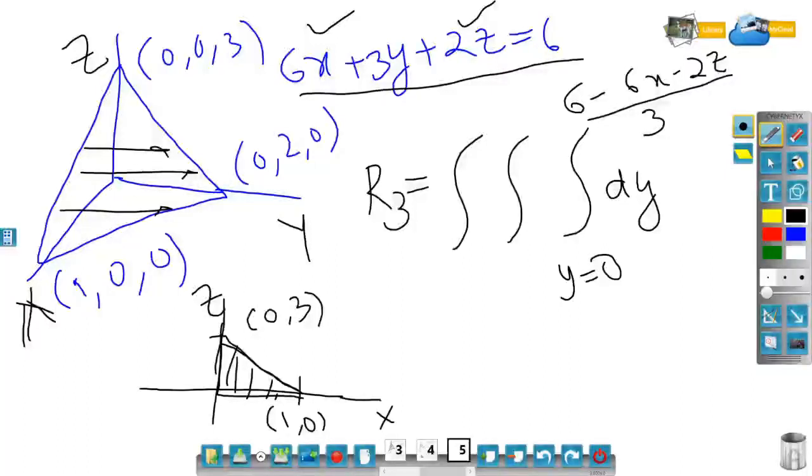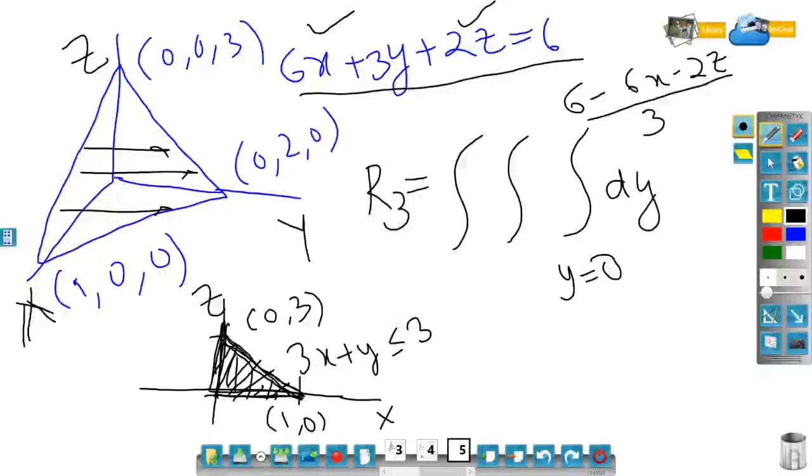So what is the equation of this? 6x plus 2z equal to 6. So that means 3x plus z less than or equal to 3. Equal to would also work, but then if I write equal to, that means only this line I need to say. But when I say less than or equal to, that means all the points below this line, including that line, are there. And since x is equal to 0, y equal to 0, z is equal to 0 ensure that you are not going beyond the first octant. When we say the graph in 3 dimensions lies in the first octant, it automatically means that the projection will lie in the first quadrant only.